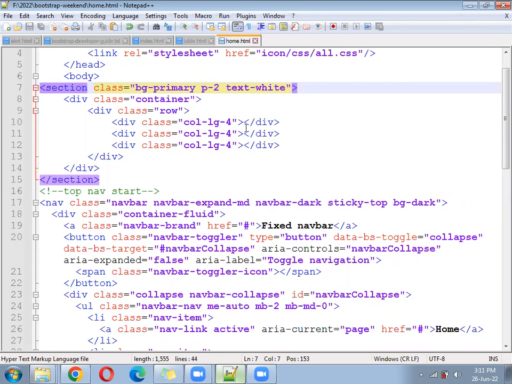Okay, hope ready. 4 inside the first 4, write some number,